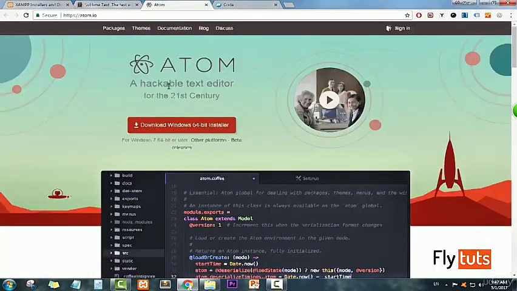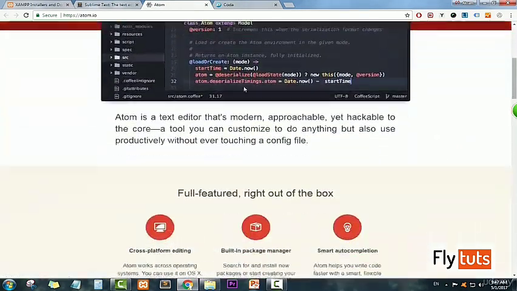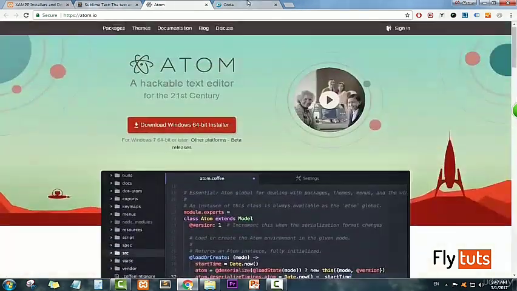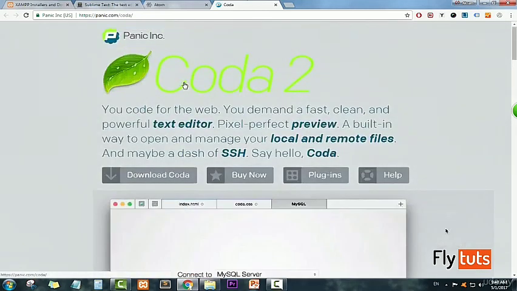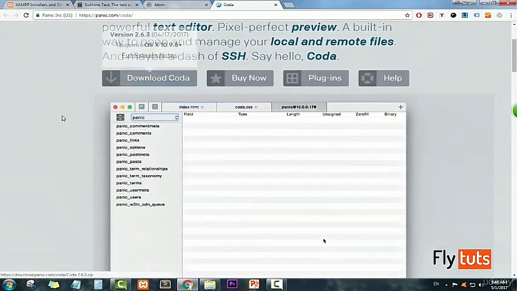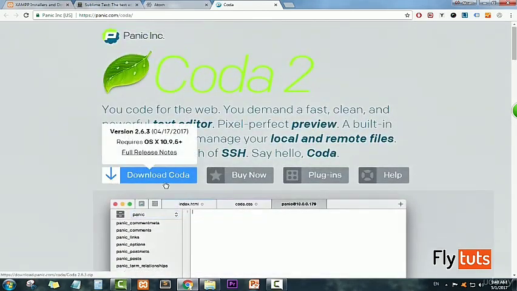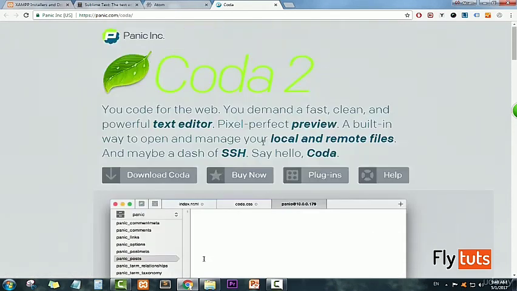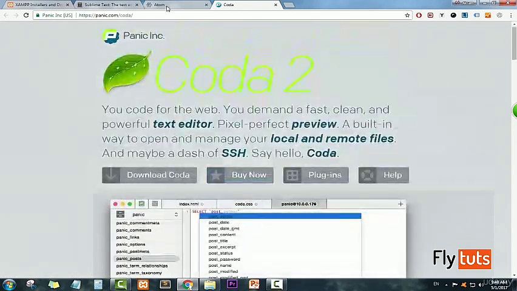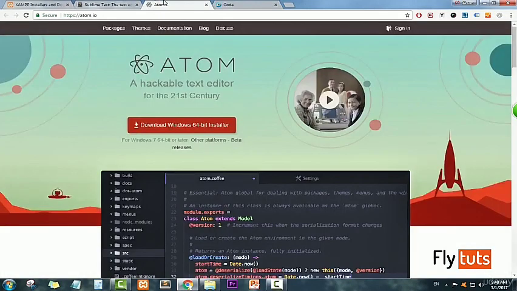And you have also Atom. This is a very nice code editor. For Mac users also there is Coda 2. This has a free version, and there is also a paid version. So you can use Sublime Text, Atom, or